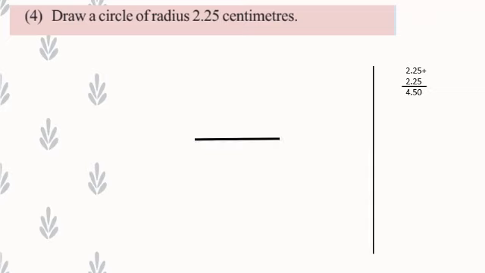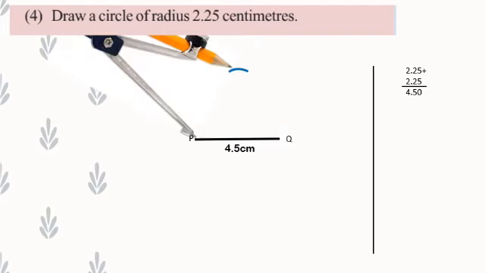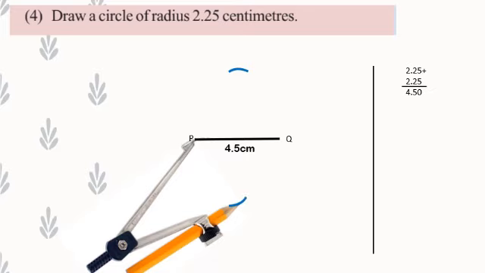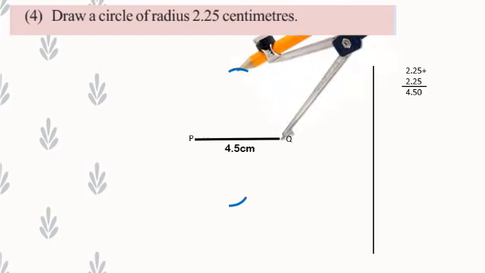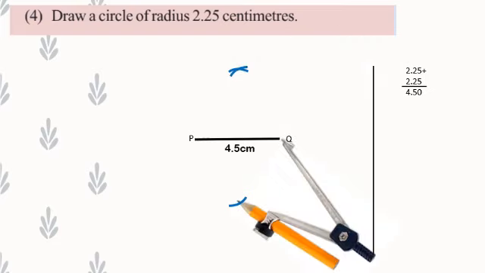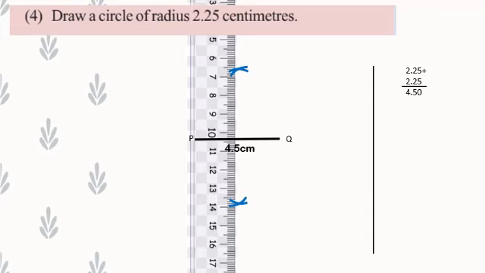Then draw the perpendicular bisector of the line. For that, keeping the compass on one end of the line, set the compass width approximately 2/3 of the line length. Then draw an arc above the line and below the line segment. Without changing the compass width, place the compass on the other end of the line and draw an arc above the line as well as below the line. Now we get two intersecting points. By using a ruler, draw a line between the points where the arcs intersect.